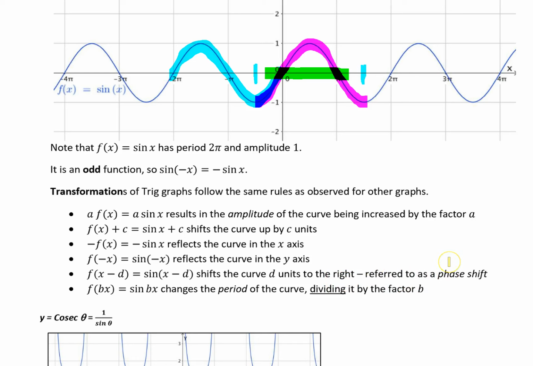And just another term, it's a phase shift. Now it's more a science term than a maths term to talk about the phase. And introducing a constant directly on the x is how we impact on the period. We're going to see more on